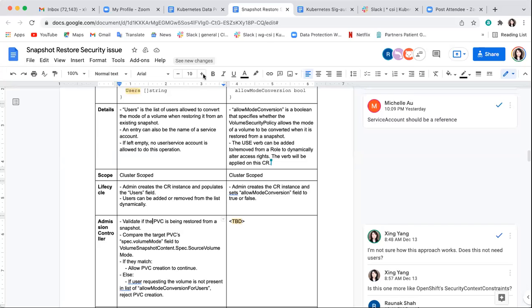So just the backup software would only ever set the permission on a snapshot that it created, and therefore there's no opportunity for a bad person to create a bad snapshot. But if the volume snapshot object is in the user's namespace, they can restore it. Right, but it would be a snapshot that was created by a trusted entity. It doesn't matter. It's a snapshot of a PVC with unknown content created by a user.